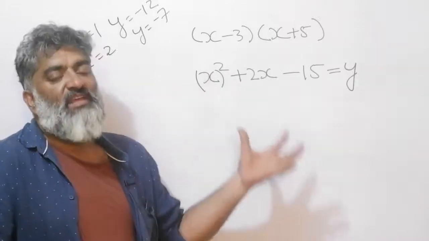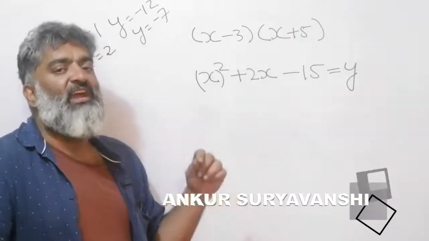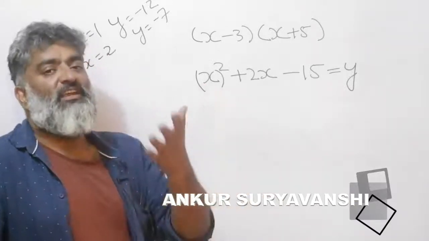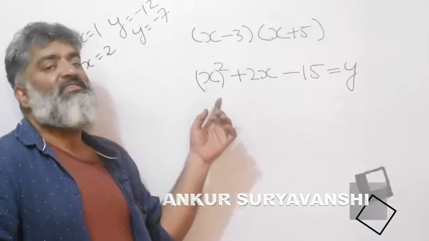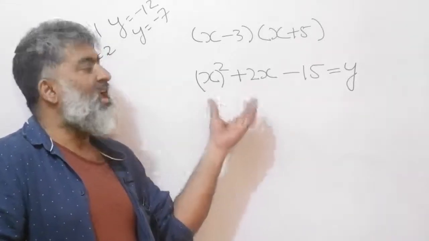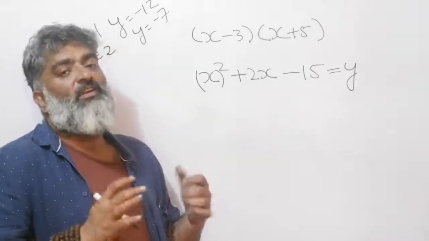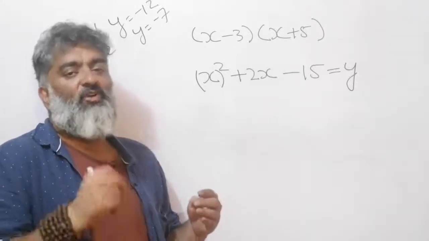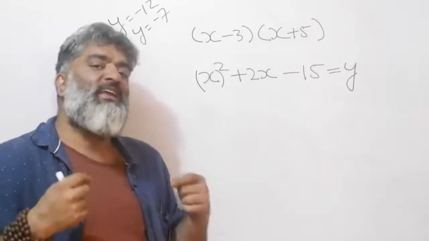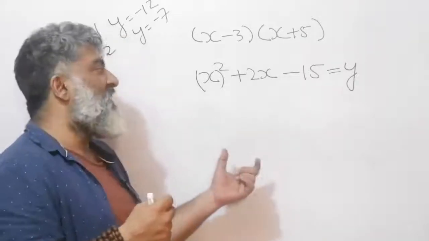So staying with the same expression, the same idea, I am already on to the idea of input output. That means I can put any value of x. Just hit pause right now and maybe put x is equal to minus 7, or put x is equal to 90, and then calculate the output of y. That means be very comfortable with this very basic idea, because as I mentioned earlier, you keep moving ahead in the story, but the basic idea never goes away. So the most complex idea is also made up of these basic ideas, right?